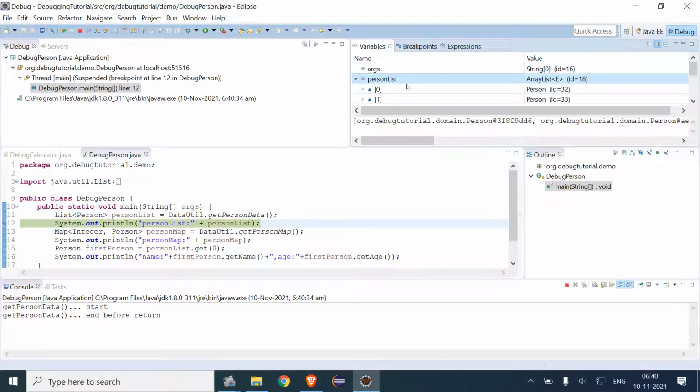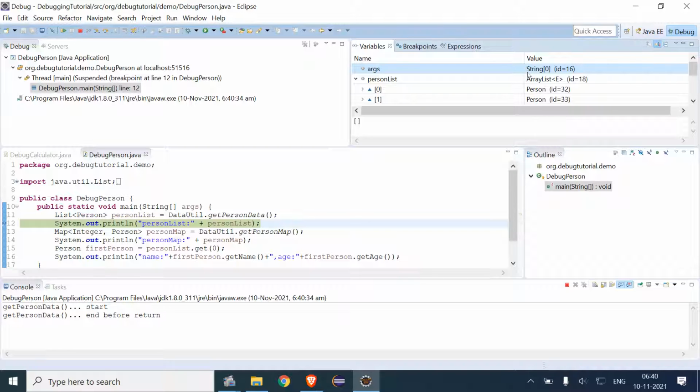If we come in this, we have person ID being displayed. So what if I want to change?